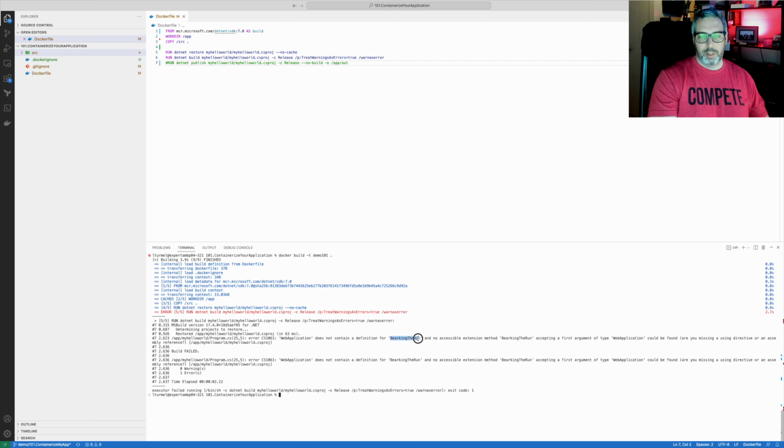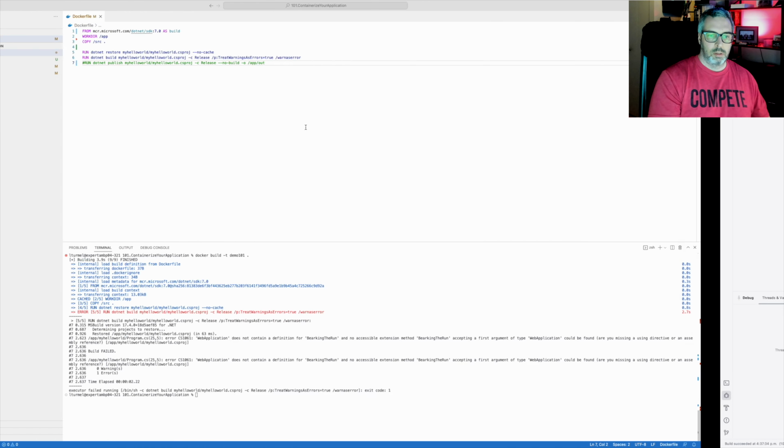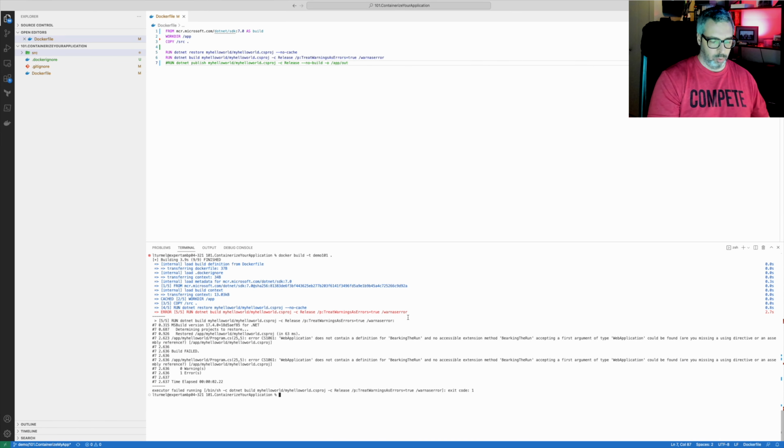I did the error typo, but anyway, breaking the runs doesn't exist. So my build failed. Building my container is just failing. So let's get back to the proper stuff. So now I will be able to build it. It will work. And then I will publish the output generated by the .NET publish command, because I want to use that